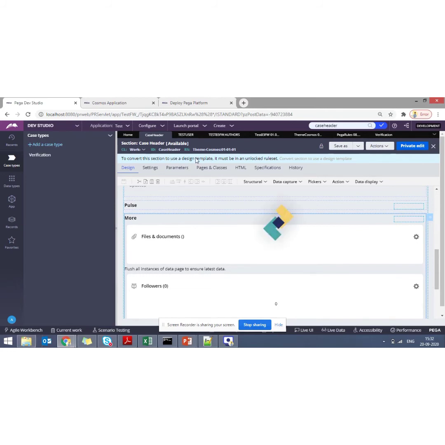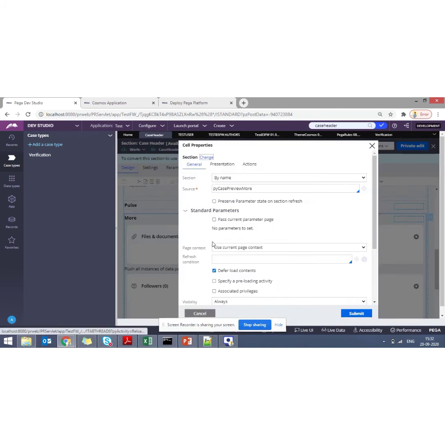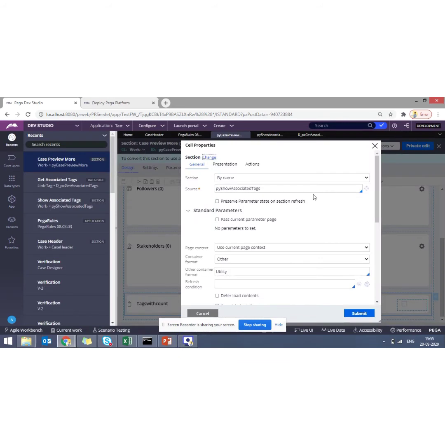So if you see the rule set version here, theme Cosmos 010101. And if you look into that, everything is linked to each other. I mean, it's tightly coupled, all the rules, everything in this application. In Pega 8.4, they have removed UI kit. I mean, it's not removed in the sense, it's not UI tags. It's a source of the section or section name basically.